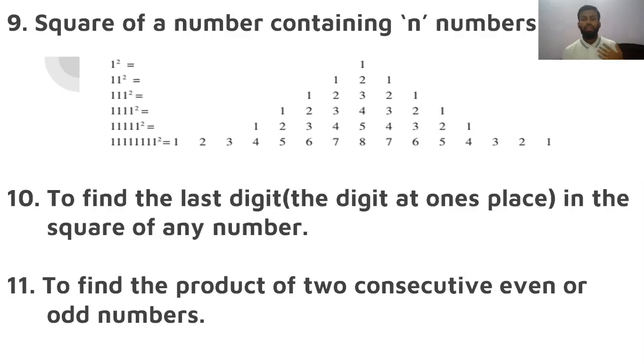Similarly, if I take two consecutive odd numbers, I can take 3 and 5. I can take 5 and 7. I can take 7 and 9. I cannot take 3 and 9. I cannot drop 5 and 7. So in order to answer questions based on this property, you need to keep two conditions in mind. First, both numbers should be either even or odd, and both should be consecutive. Or in simple language, you should have a pair of consecutive even numbers, or a pair of consecutive odd